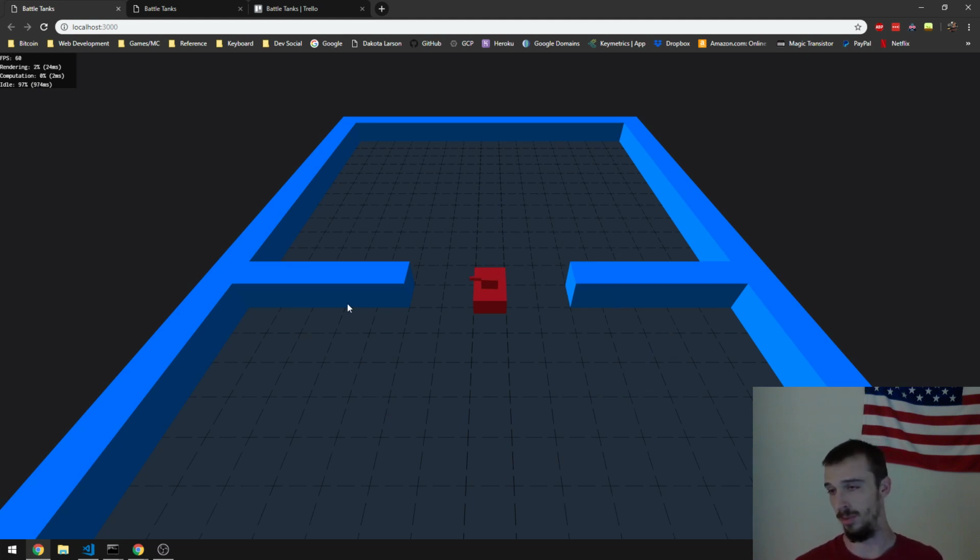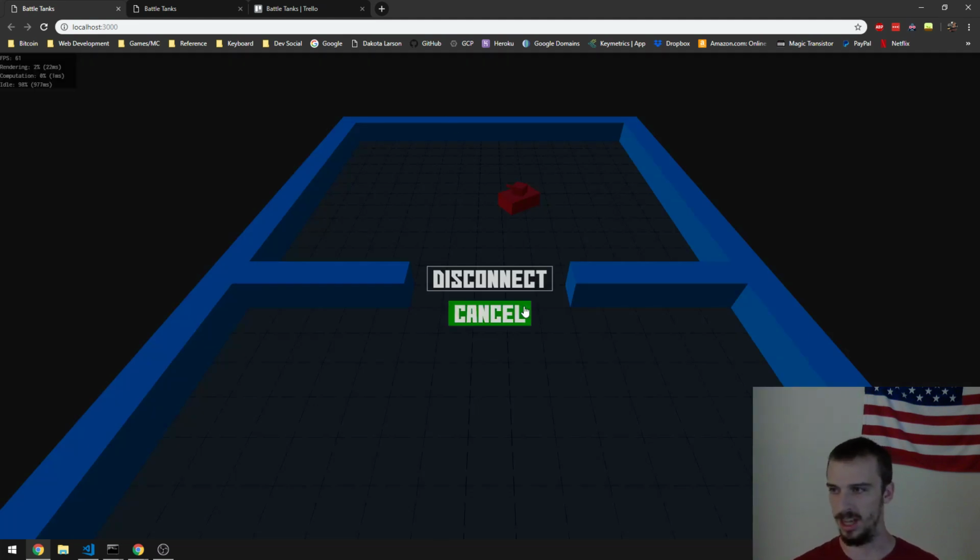Now tonight, what I've been working on is something that I thought would take maybe 15 minutes at most. When you move the tank around and you have control over it like this, and I hit escape, the tank was still following the cursor, and if I use WASD, which I was obviously pressing there, the tank would be moving around, which I obviously don't want. This is multiplayer. Everybody else is going to be moving around, but not this player specifically. So I thought, how hard can this be? Just simply remove the listeners whenever the